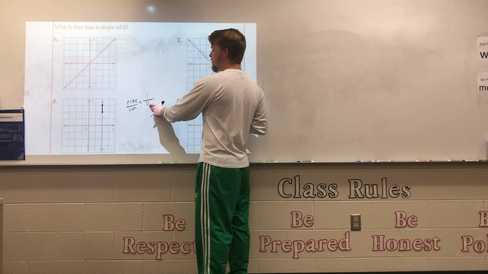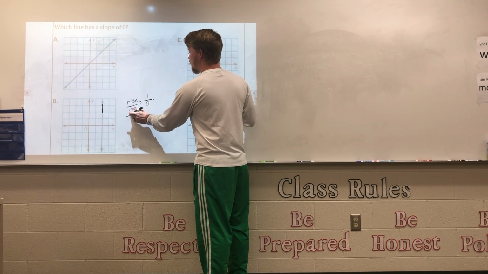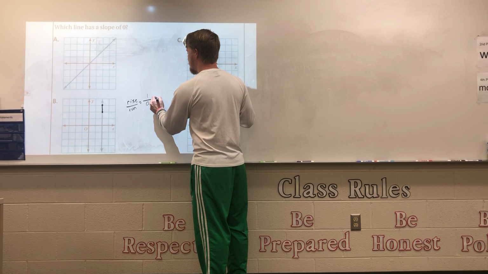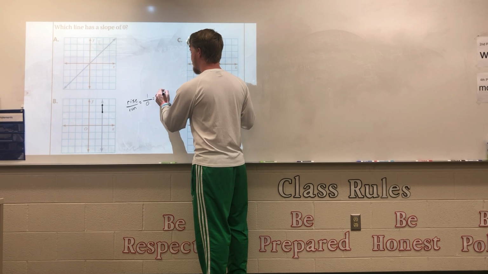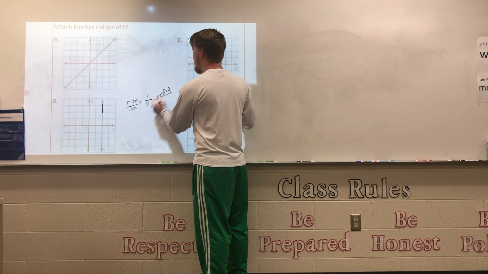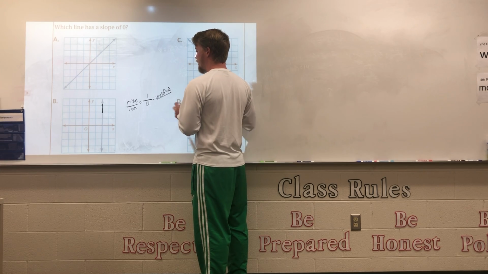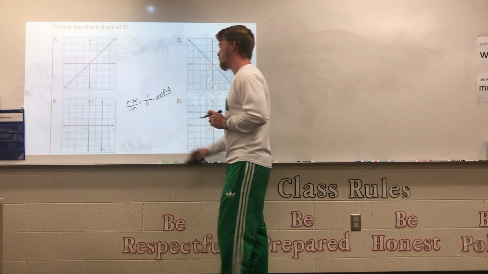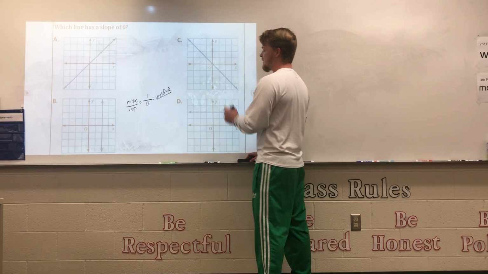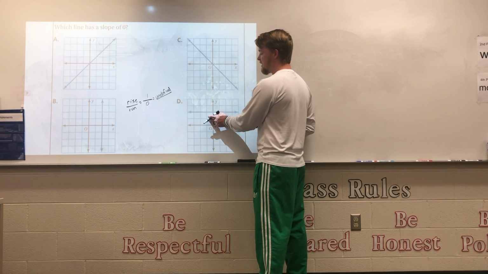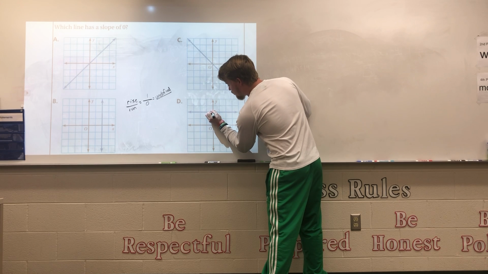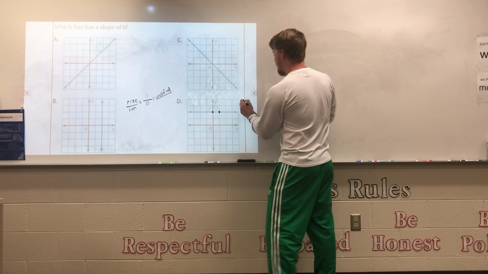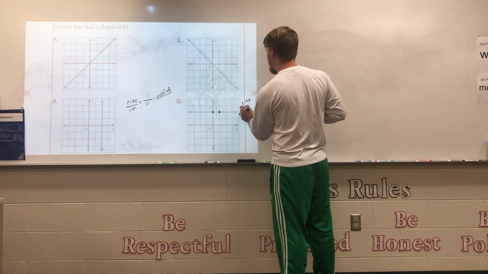So if you have a 0 on the bottom of your fraction, if your run is 0, that means it is an undefined slope. So that is your slope for a vertical line. Anytime you have a vertical line going straight up and down, your slope is undefined. So obviously that's not the answer. So you see that the answer is D, and the reason is, if I choose 2 points on here, and I break it down with rise over run,